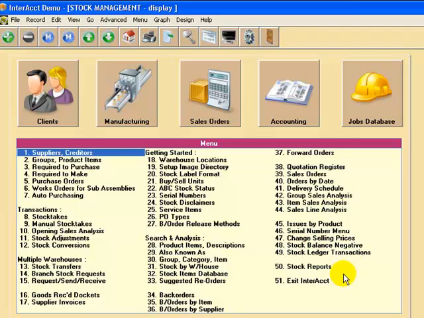Anyway, this is obviously just an introduction to stock. It's a big topic,